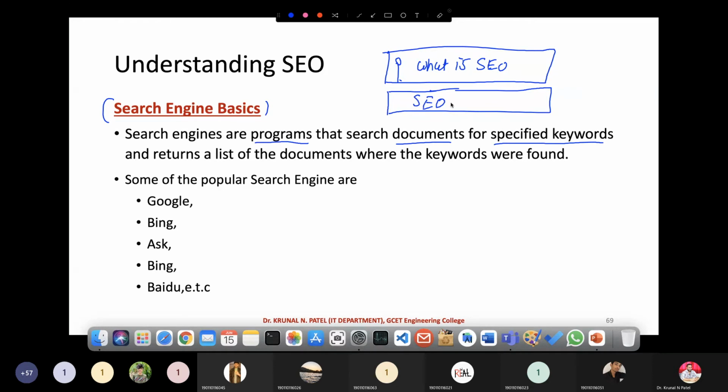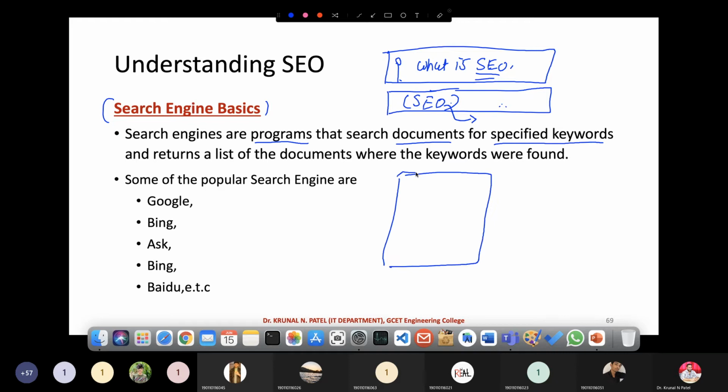These two things are there, but the main common thing is SEO. So I want to search for information about SEO. Your search engine focuses on this particular keyword, and this keyword is stored in your HTML document.